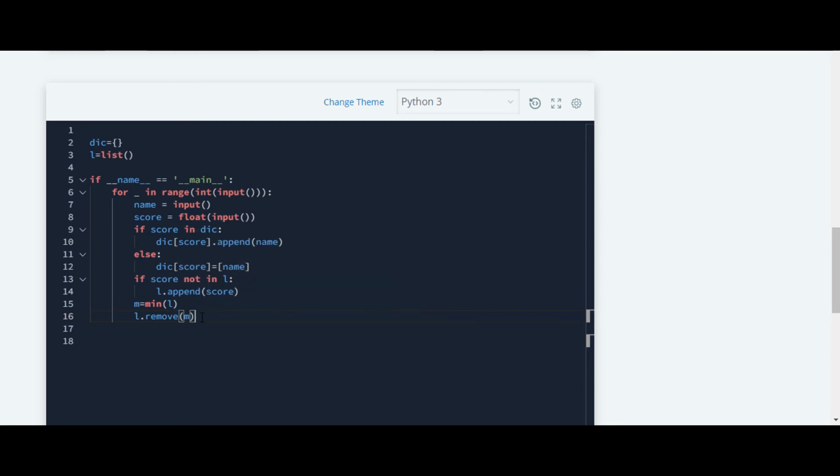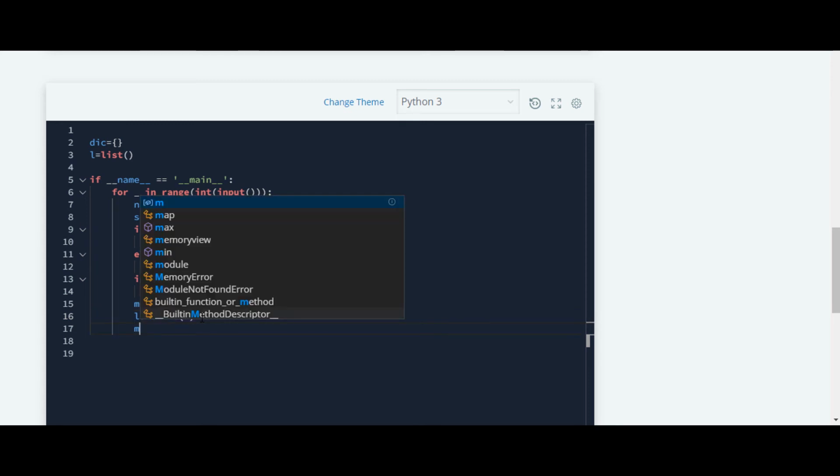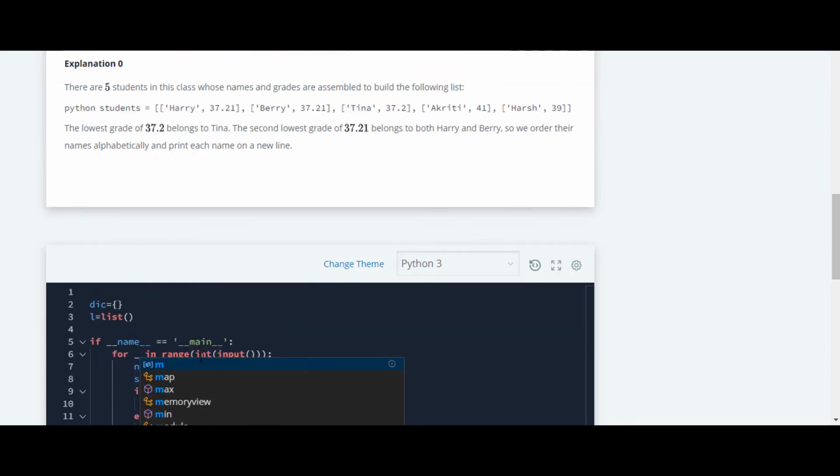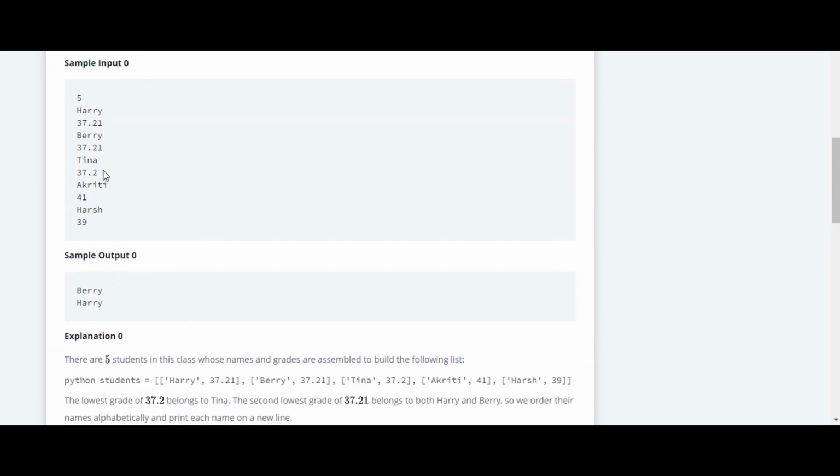As we have removed the minimum element from the list, when we again find a minimum element, we'll get the second lowest element from the existing list. So what I have done here is just remove this element. Now the minimum element in the list will be 37.21, and this is the second lowest grade.